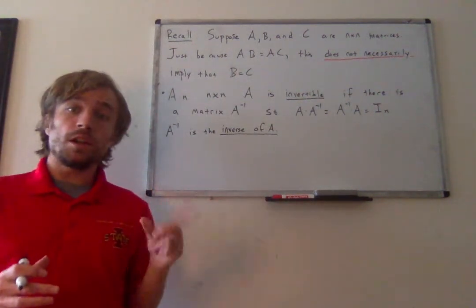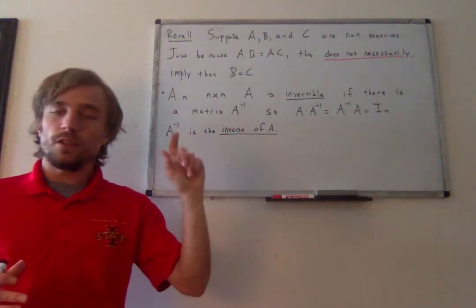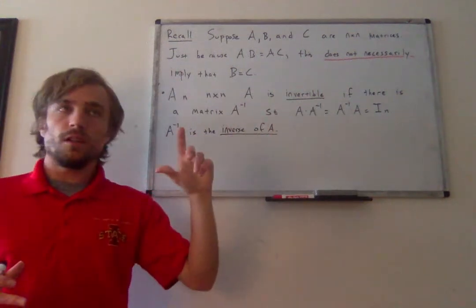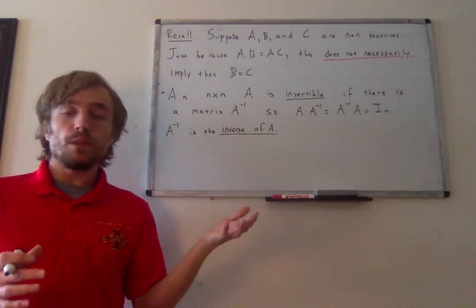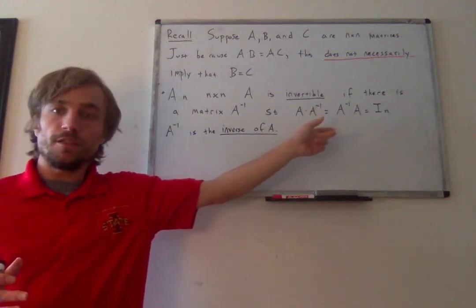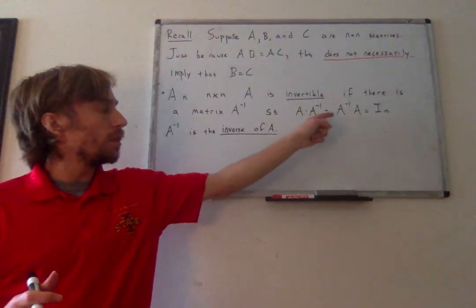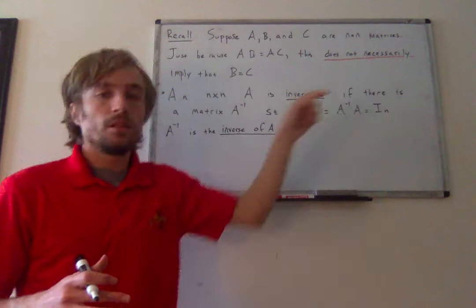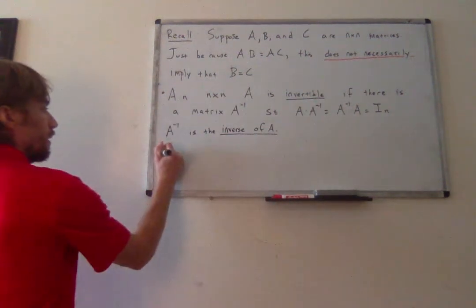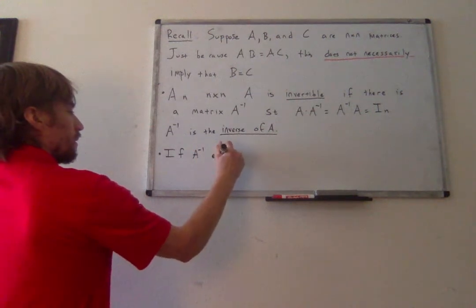Notice also one thing we didn't get, which I don't have on the board, is that remember matrices didn't always commute with multiplication, right? So just because we didn't always have AB equal to BA either, but a matrix and its inverse will always commute if the inverse exists. So this is saying that A times A inverse, equivalent to A inverse times A, is always equal to the identity matrix. And so notice, if A inverse exists,